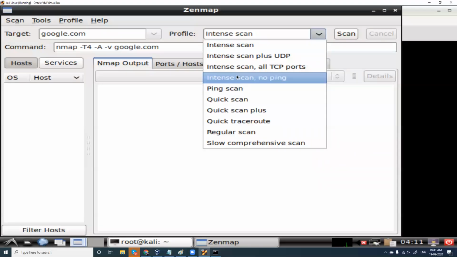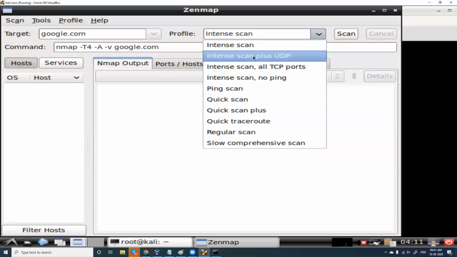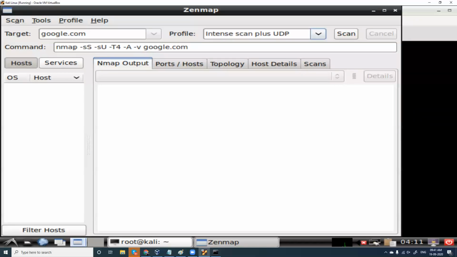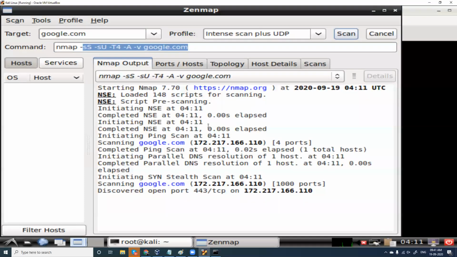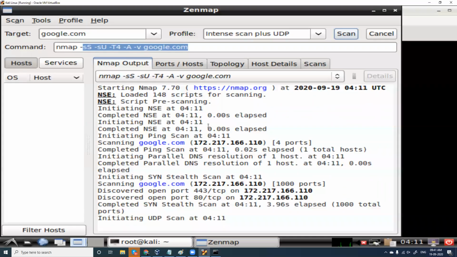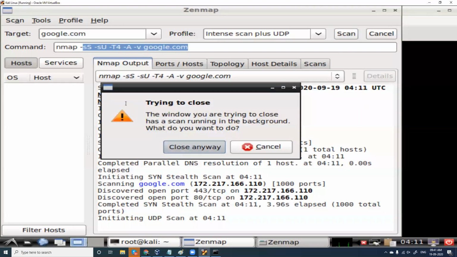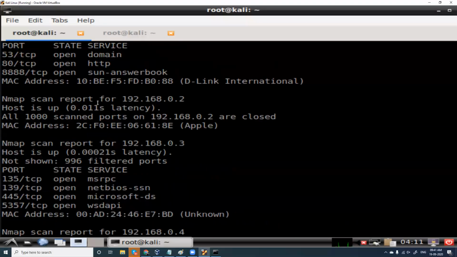Just choose this. I'll choose intense scan plus UDP. When you choose any option here, the command is automatically generated, and when you click scan, you'll get the results here. Zenmap is again a useful tool, but I would suggest you start with Nmap so that you learn these commands.